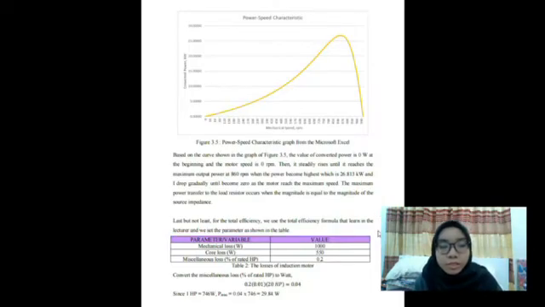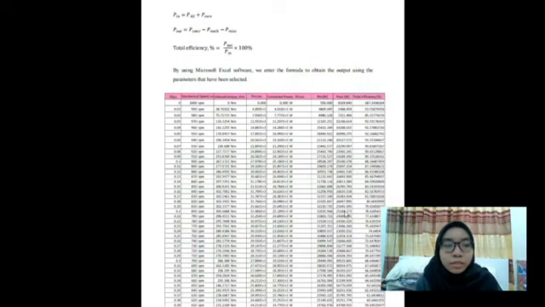For the total efficiency, for mechanical loss, we use 1000 watt. For core loss power, we use 550 watt, and for miscellaneous loss power, we use 0.2% of rated HP. Firstly, we have to convert the miscellaneous loss from percent of rated HP to watt. Since 1 HP equals 746 watt, the miscellaneous power is 29.84 watt. Besides the total efficiency formula, we also use the P-in formula and P-out formula.